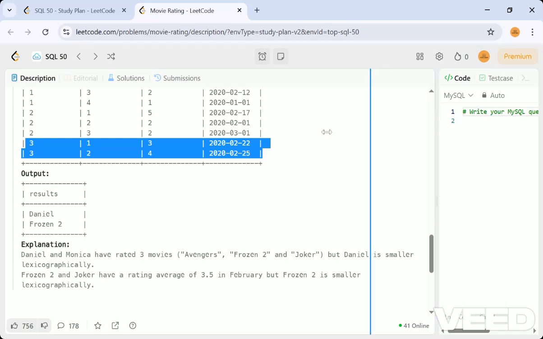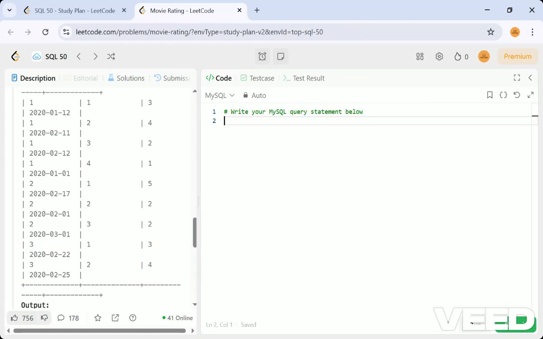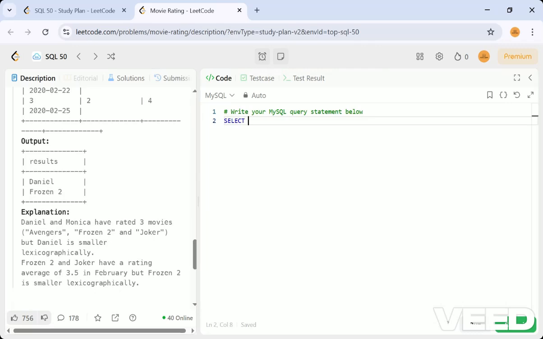Let me see how we can do the same with code. Let me just start with the simple select. What are the things we have to select? We have to select name as results.